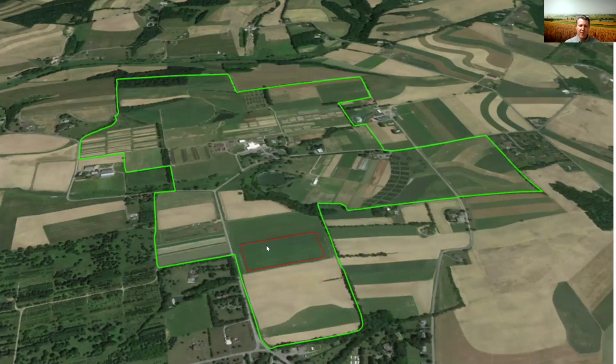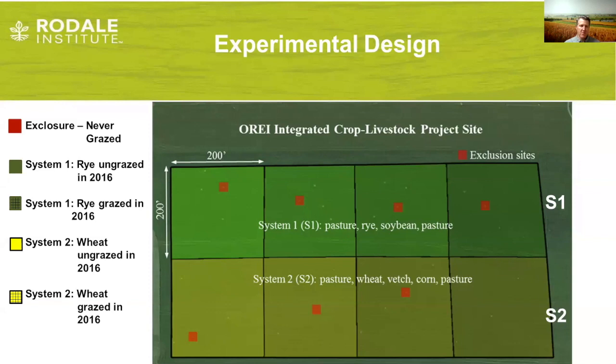So this field had gone into pasture in 2012 after we had the fencing in place, and you can see that these fields are mostly being utilized by this dairy farmer, and he's following an integrated crop livestock system. These fields here get plowed. They've been plowed, and he's growing corn and soybeans, but he can rotate that into pasture and hay crops as well. And so, to give you the experimental design, the rectangle you see here